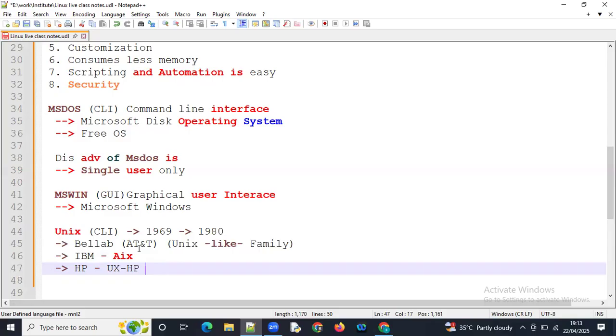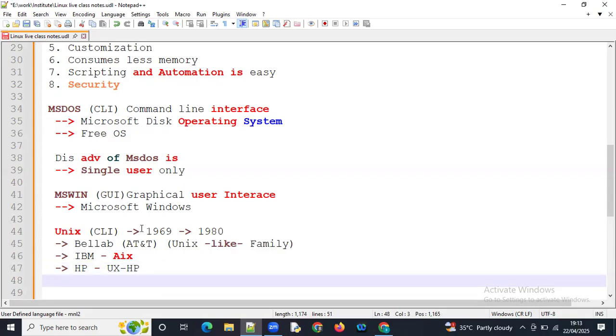That's why HP has also developed one HP-UX operating system. Okay, and then after that, Linux was introduced.